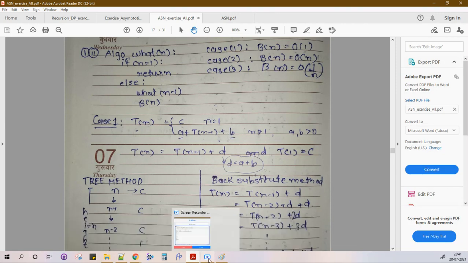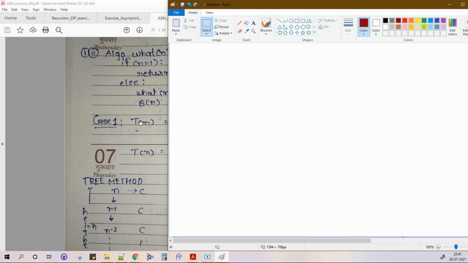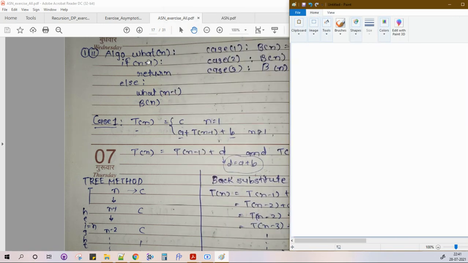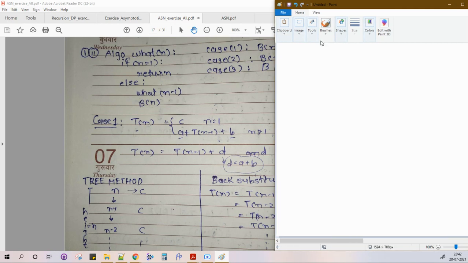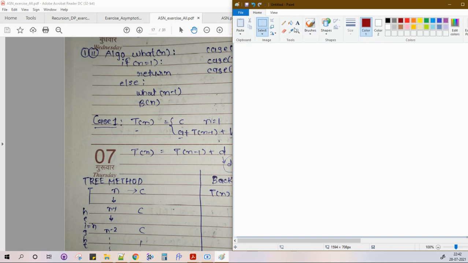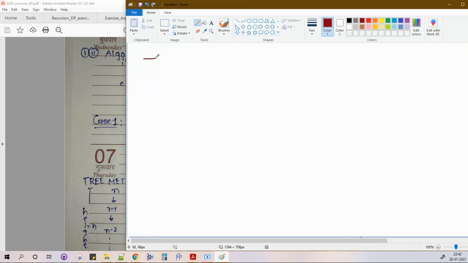And don't worry if you're not able to make this kind of equation right now, because in the exam we won't be given this type of code and be asked to make this recursion case. But it is really important to understand how to write this recursion function, and now how to solve it, right? So first I will try to solve it. I don't want to show the solution first, so you have the intuition of how to solve it.